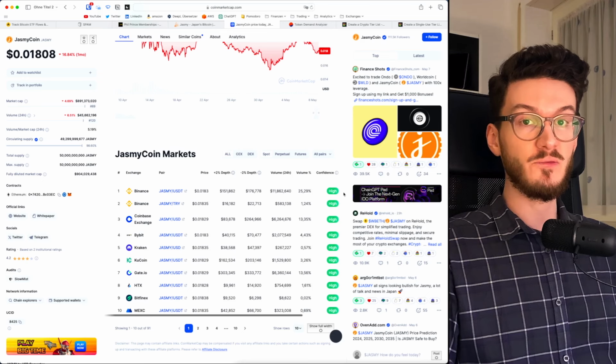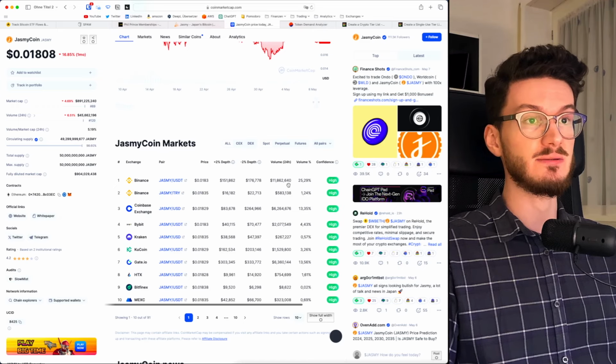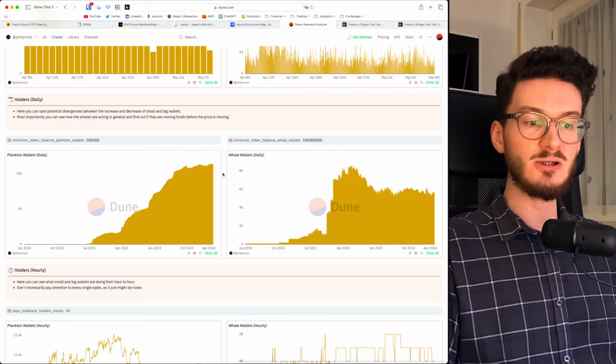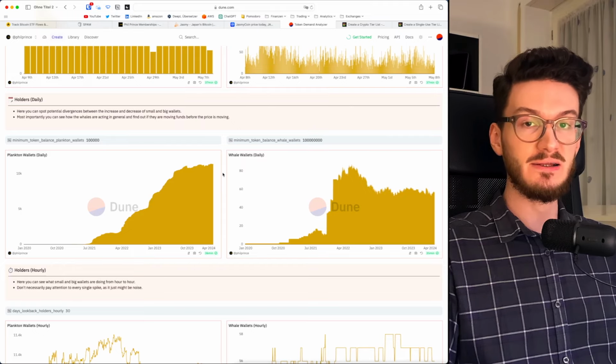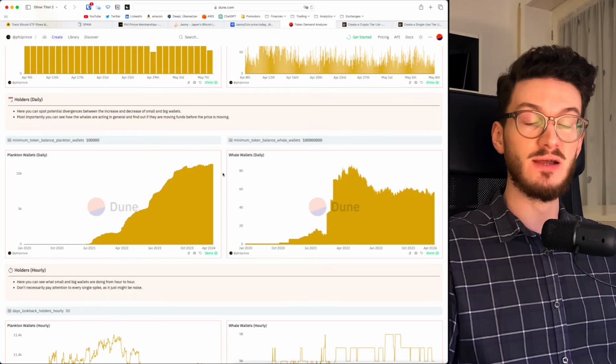Well, we can't know for sure, but it seems it comes mostly from centralized exchanges, because as you can see here, 25% of the volume of Jasmy Coin is traded on Binance, 13% on Coinbase, another 13% on Gate.io, and so on. And as Jasmy is pretty much an enterprise project working with big enterprises in Japan, as I said, these get their Jasmy Coin most likely from centralized exchanges. And these then are most likely also the ones driving price in the last